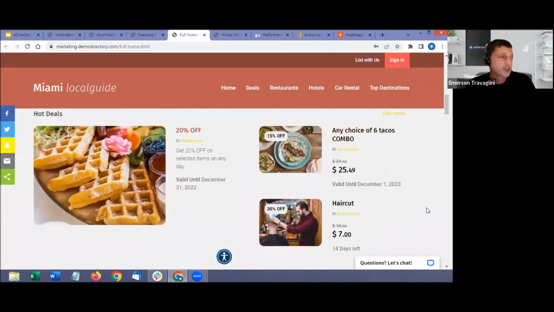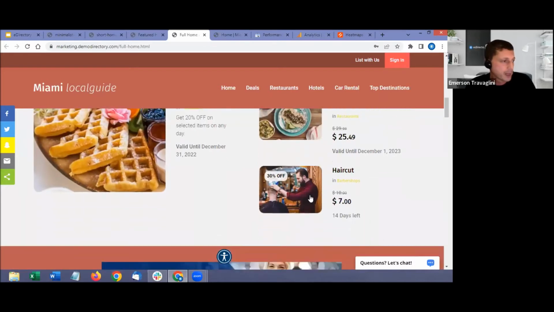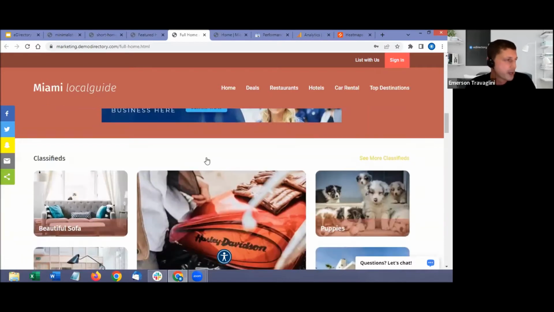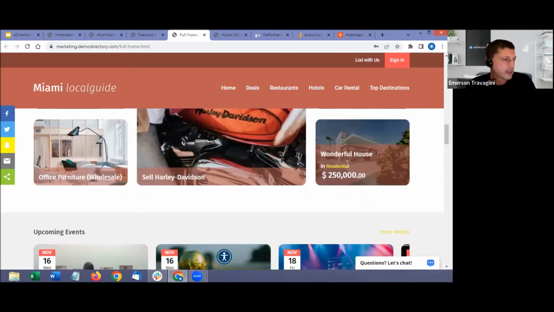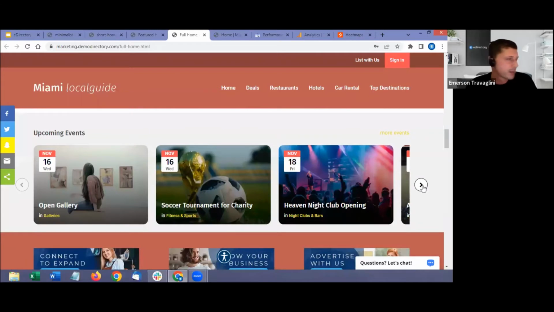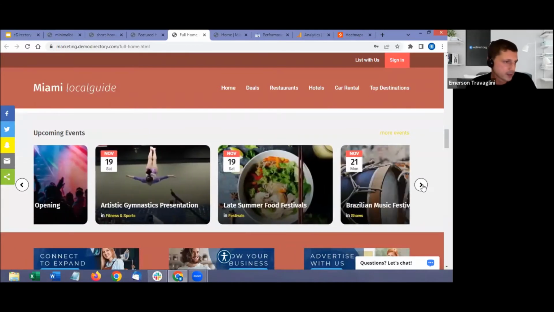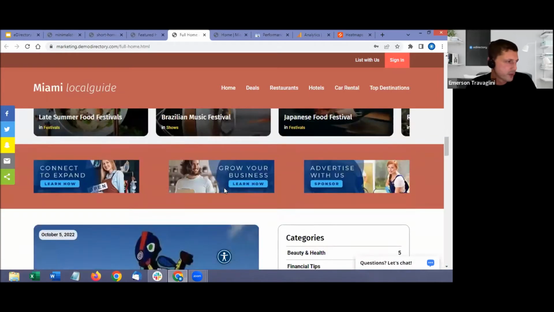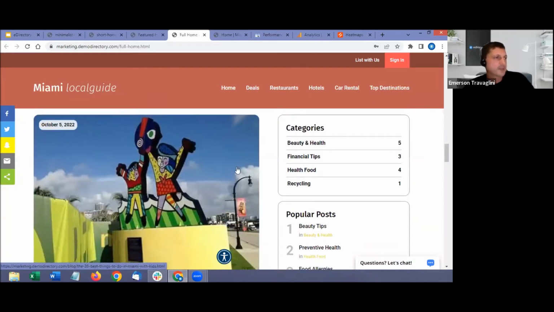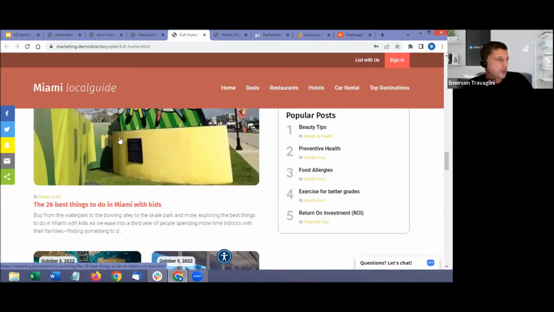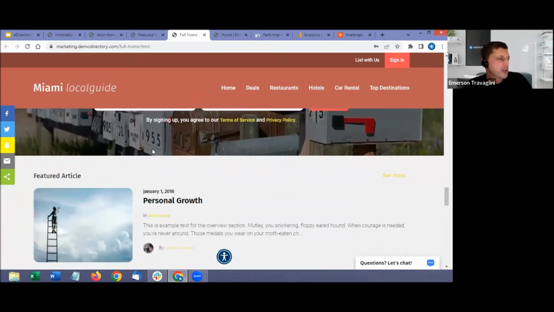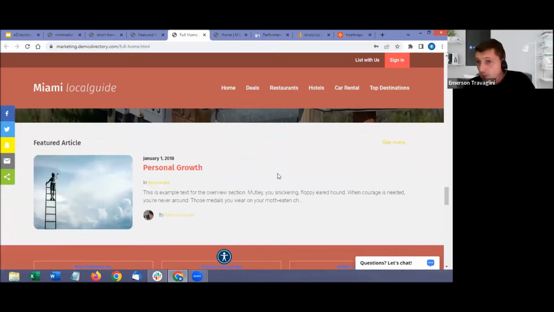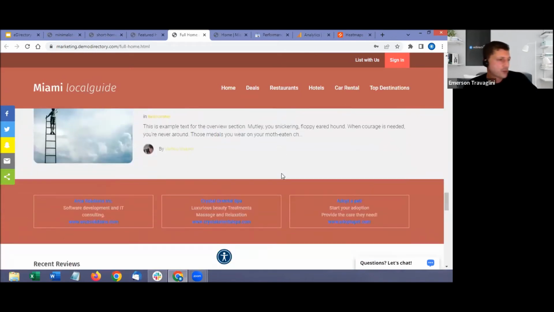This one for deals is another type of design, 3 main elements. Another banner for classifieds, the one with 5 items. The upcoming events that we have this scroll bar here. Very, very beautiful. This one is the one for blog posts, which shows the most recent first. We have, of course, the newsletter, one for a featured article, if you have articles on your website as well,